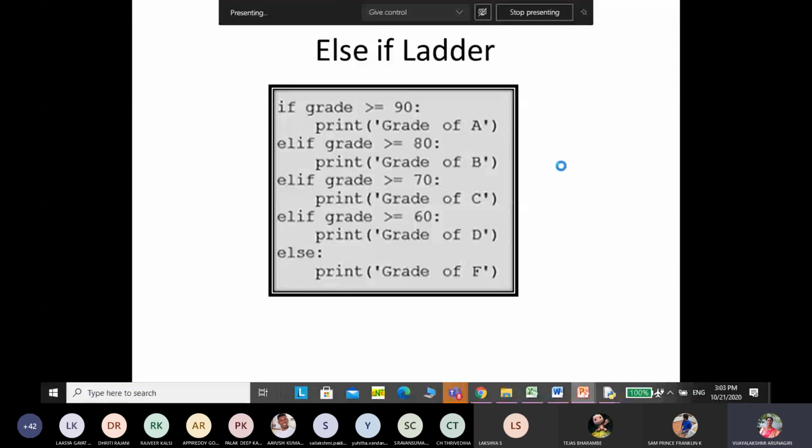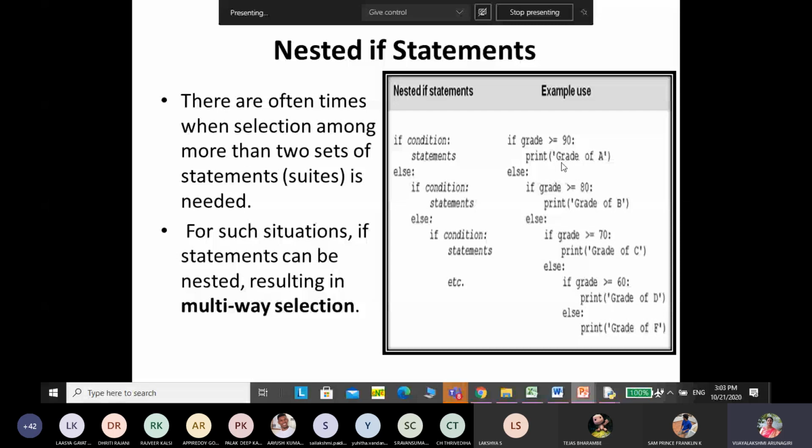If the grade is greater than or equal to 90, then grade equals A. Else.